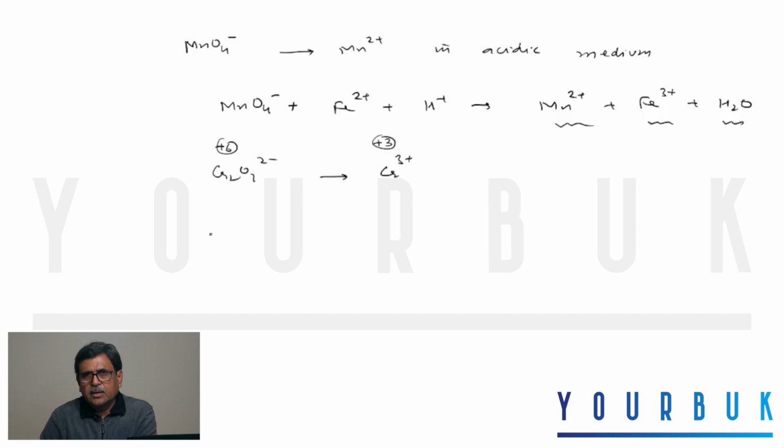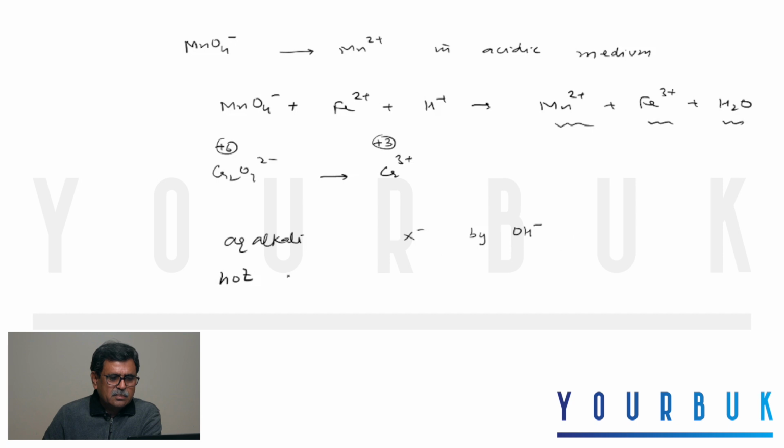Now, when it comes to organic chemistry, you have to be very careful about the reagents and reaction conditions. For example, the role of aqueous alkali in organic chemistry is to replace the X minus by OH minus. So whenever you see there is an aqueous alkali, it will replace the X minus by OH minus. And whenever you have a hot and alcoholic potash or hot and alcoholic alkali, it may be KOH, maybe NaOH, then it results in the elimination of